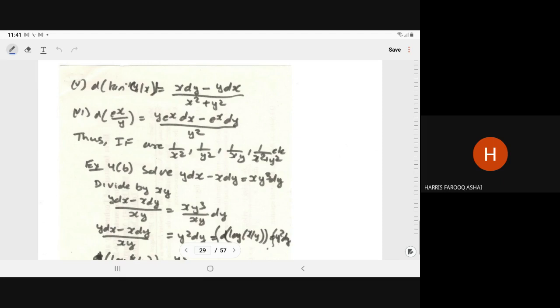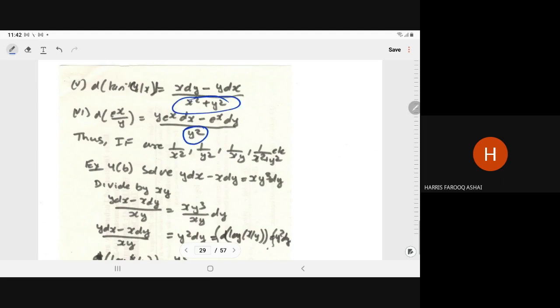D of tan inverse y upon x can be written as x dy minus y dx upon x square plus y square. What is the derivative of tan inverse x? 1 upon 1 plus x square. So it will give you 1 upon 1 plus y upon x whole square, then the derivative of y upon x. On solving, you will get this. D of e to power x upon y can be written as y e to power x dx minus e to power x dy upon y square. So from all this you can observe the integrating factor can be 1 upon y square,